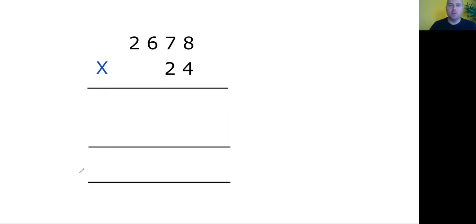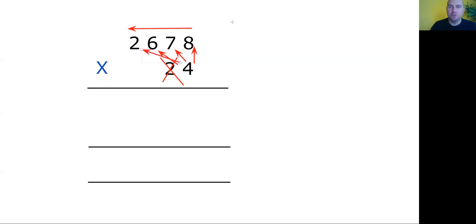2,678 multiplied by 24. Okay, so first things first, what are the rules? We ignore the 10 for the time being. Pretend it is not there, okay? So we're only dealing with the 4, and we're going to work from right to left. It's always going that way, right to left, with our calculation. So we start here, 4 times 8. Then we do 4 times 7, 4 times 6, and lastly,